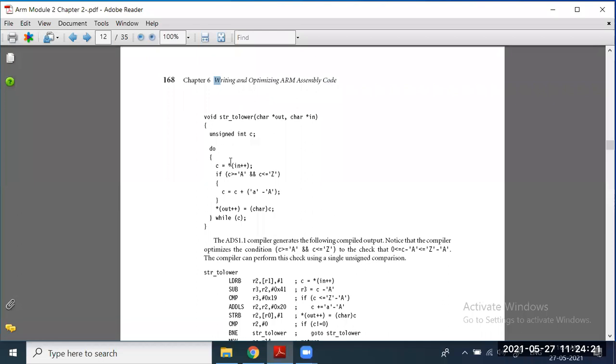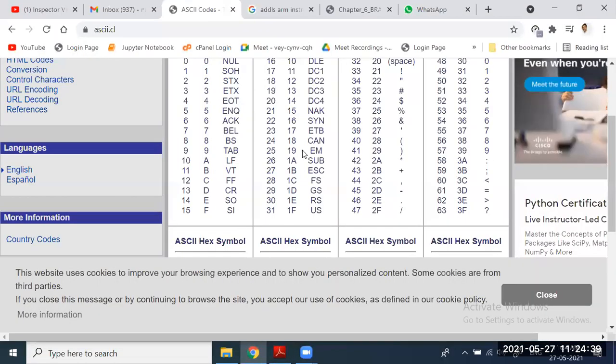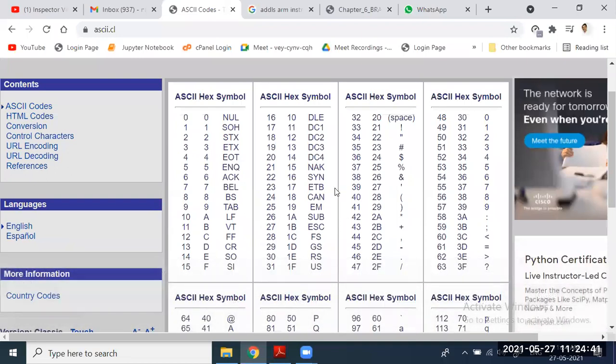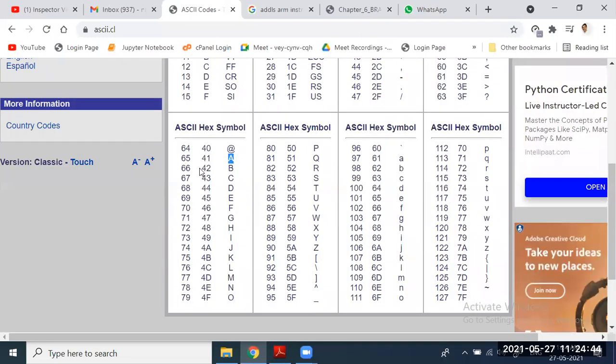Whenever you copy this first C, it is going to get this W. Whenever this C is assigned, C contains the ASCII value of that capital W. If it is small letter, small w, what are the ASCII values? And this chart you already know. Capital A starts from 65 and small a starts from 97. Capital Z ends at 90, small z ends at 122.